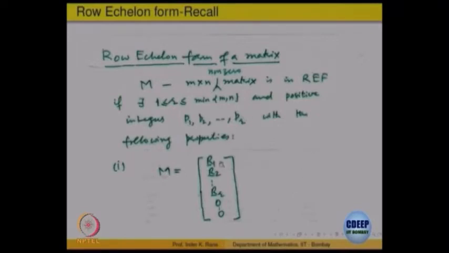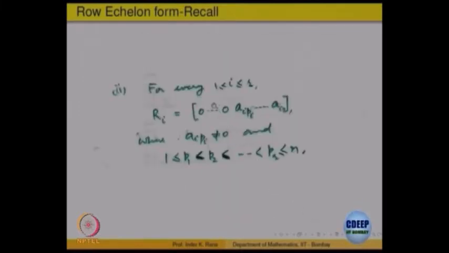One, the first r rows of the matrix are non-zero, that means there is at least one non-zero entry in those rows, and the bottom rows are all 0. So, the remaining m minus r rows are all equal to 0. So, that is what r means. The top r rows are non-zero and the remaining bottom rows are 0, and the numbers pi